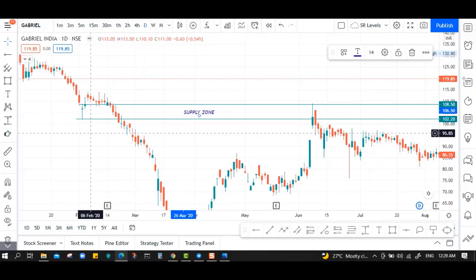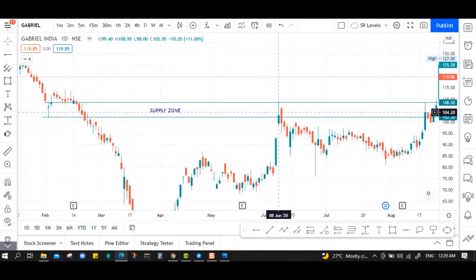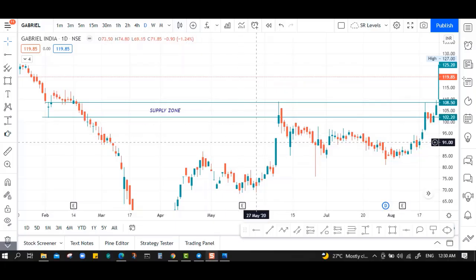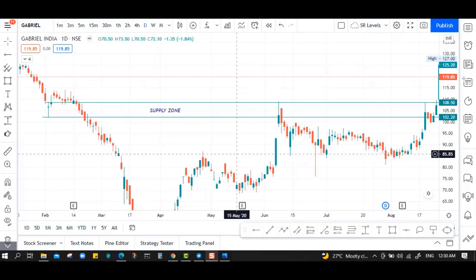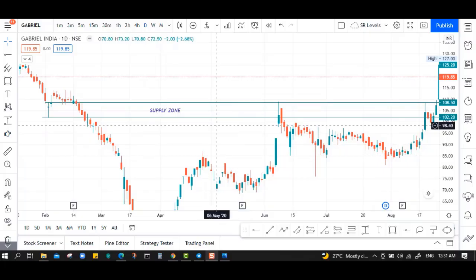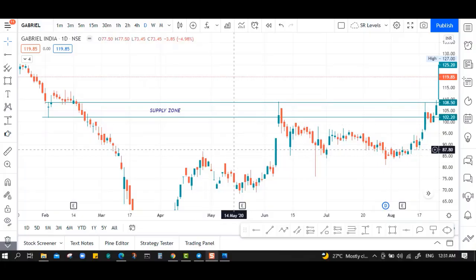So you can see that when the market approached this zone, there was a strong price rejection here, which means this is an area for big institutional sellers, right? And this kind of trade offers a good risk to reward ratio also. So now to draw the demand zone, you only need to do the opposite of what you have done for the supply zone. You just draw the distal line at the lower shadow and the proximal line at the upper shadow.